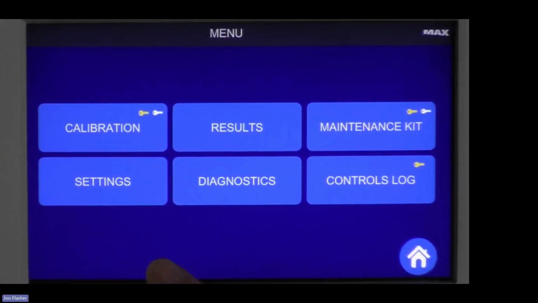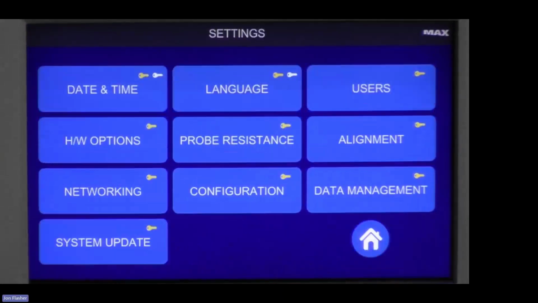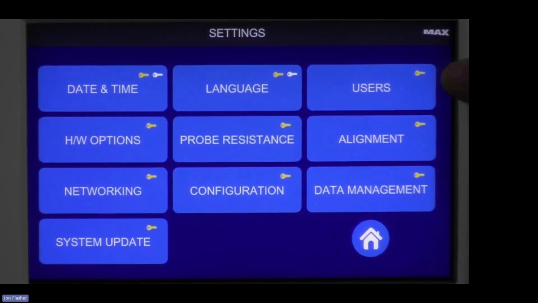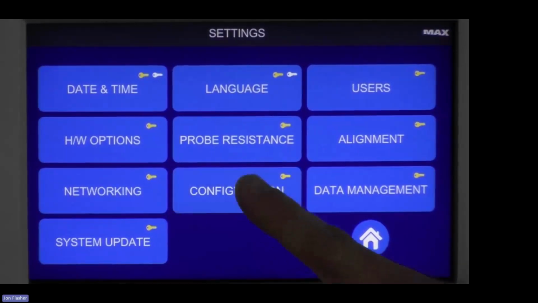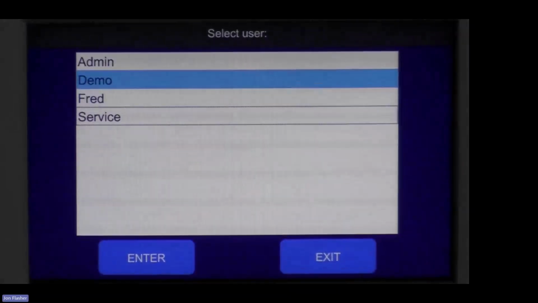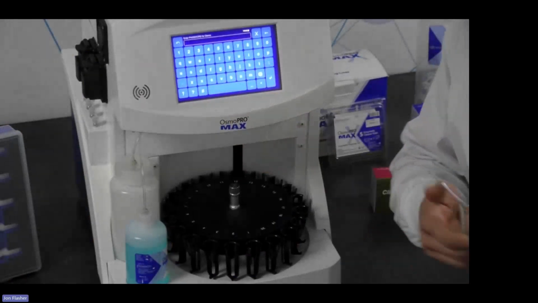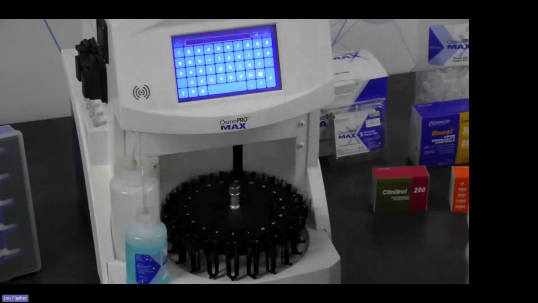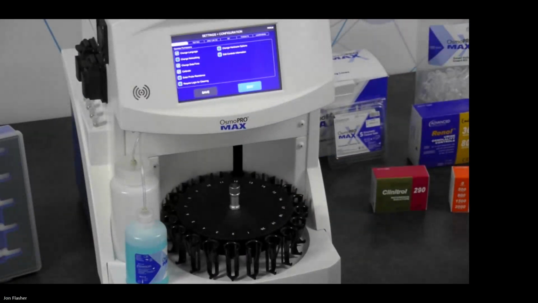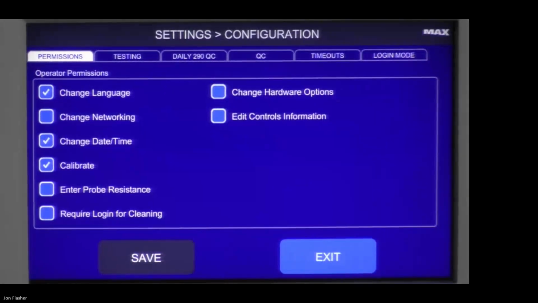And then in this menu, I really want to show you something cool. If we go into settings, we can create different user profiles using the menu at the top right. But if we go down here to configuration, I'll show you how easy it is just to scan into the system. Once you've selected a user, you really just take your badge and scan in. You can see some of the permissions that you can allow for the operators of your instrument